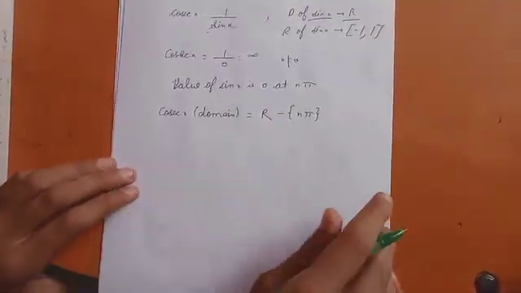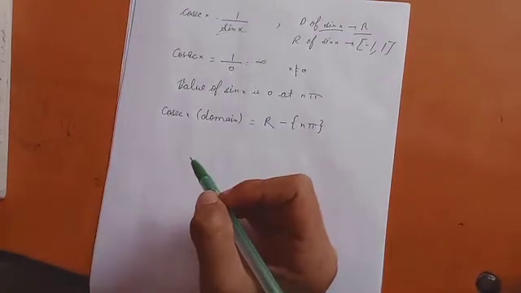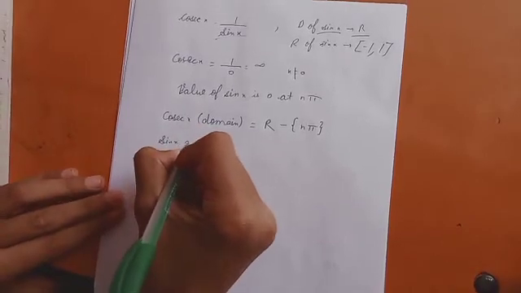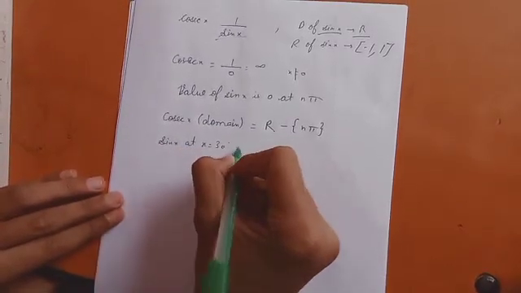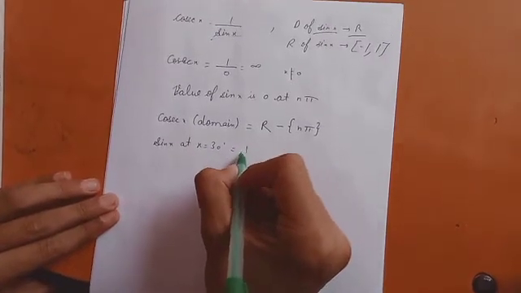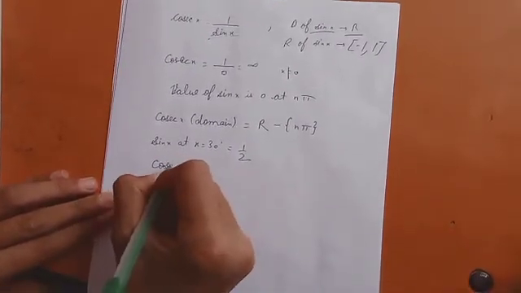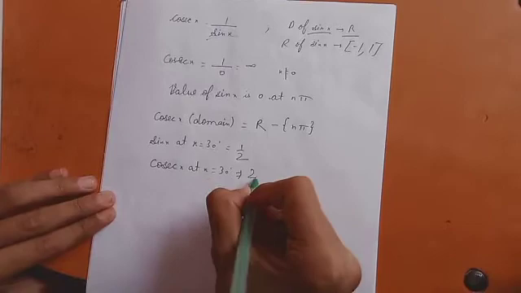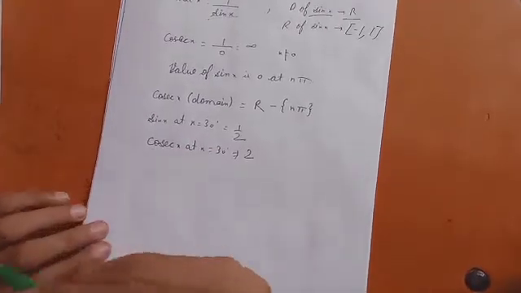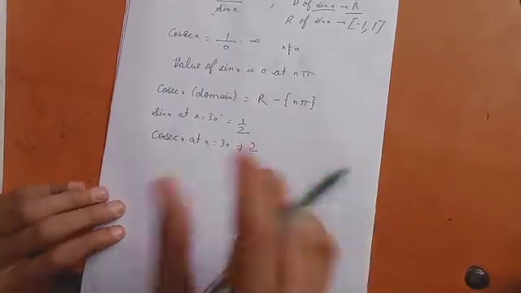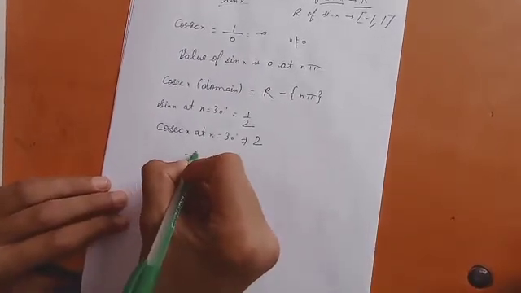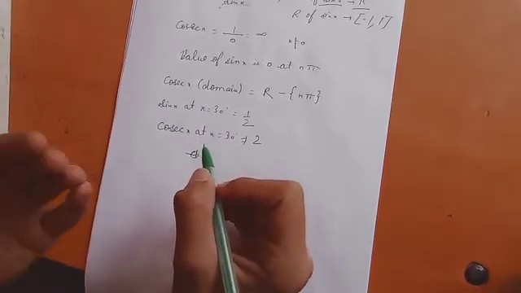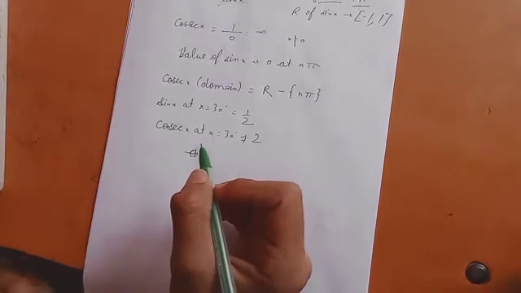Now we can take an example. sin x at x equal to 30 degrees is equal to 1 by 2. So what will cosec x be at x equal to 30 degrees? This will be 2, its inverse. If we take any value of x for cosec x, the value we get is either more than 1 or less than -1.